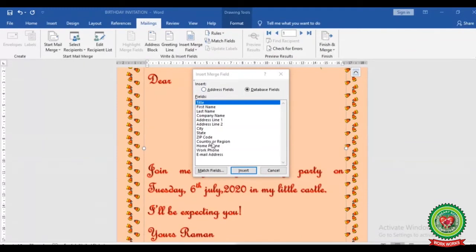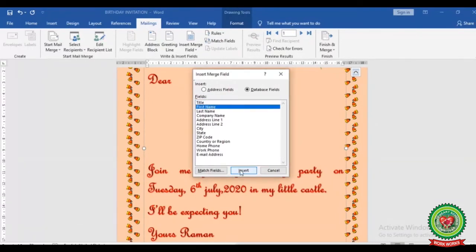Here you can see in Insert Merge Field dialog box, you will get different fields. In the previous video, we have created recipient list where we have taken the field's name, first name, last name and city. So here we will select first name.